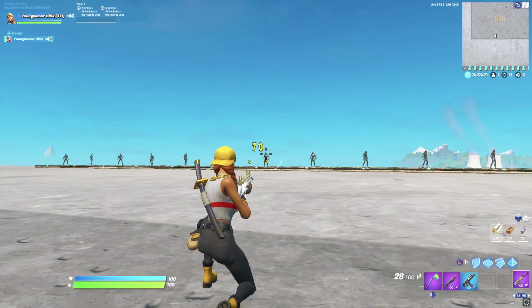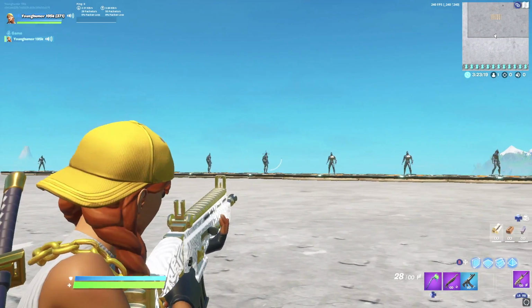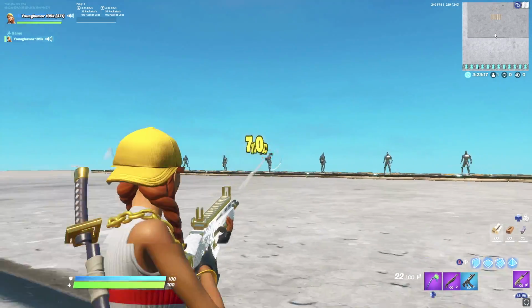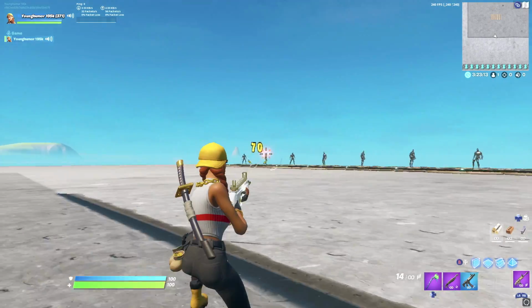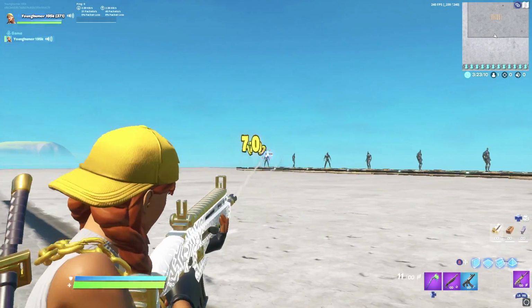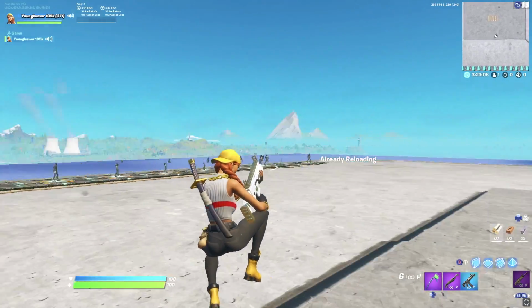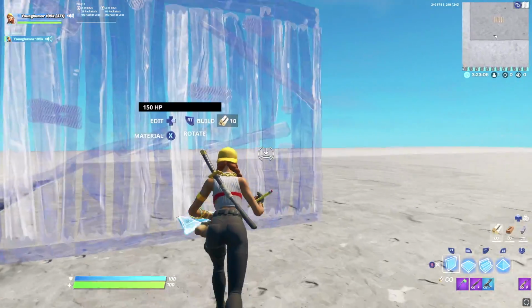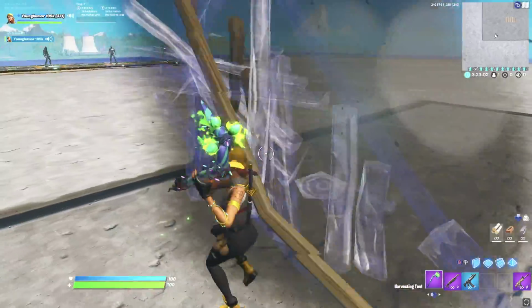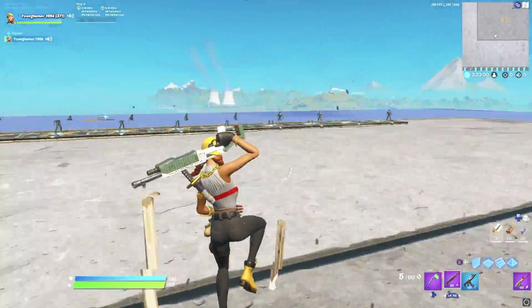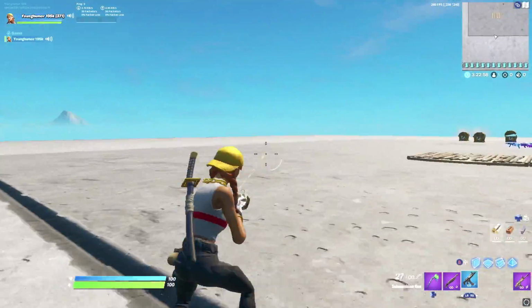assist is undoubtedly much, much better on legacy as opposed to linear. Because when it comes to hitting shots, it is just so much easier to hit it on legacy. The only advantage that you have on linear compared to legacy is going to be when it comes to flick shots. Flick shots are more consistent and a little bit easier when it comes to linear because the movement is